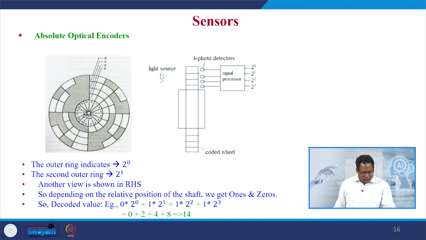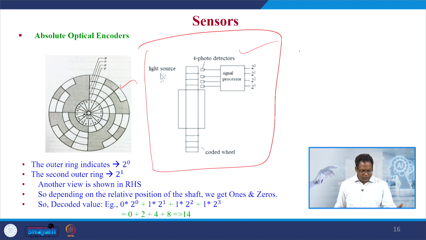Now, let us say that the disc has 4 tracks. The outer ring or the outer track indicates, let us say, 2 power 0, and the second outer ring indicates 2 power 1. So, collectively we can get the decoded value in order to get the sector indication. So, you can see the assembly of this absolute optical encoder on a motor shaft will collectively have this assembly,